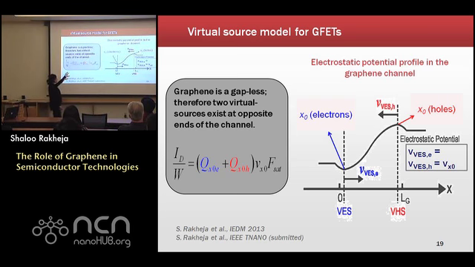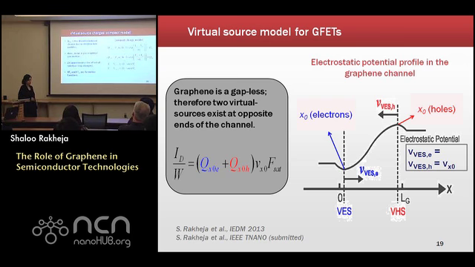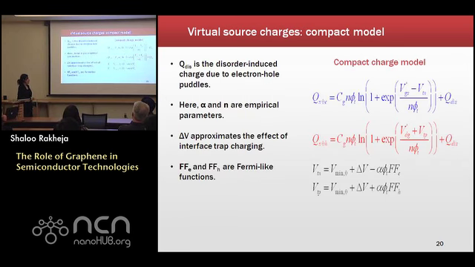So if we have QXO and QXOH as functions of the terminal voltages, we'd pretty much be done with our compact model. So how do we come up with compact models for QXO and QXOH? We were basically inspired by silicon materials with a band gap. So the expressions that we've adopted are typically valid in materials with a band gap. The advantage of these expressions is that the model can very naturally be extended to bilayer graphene where a band gap can be opened. And the expressions are given over there.